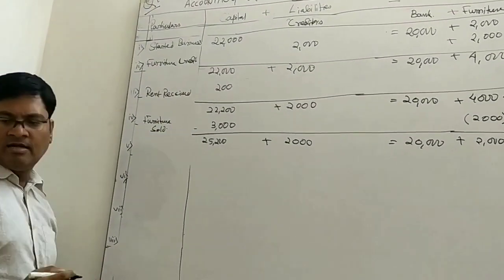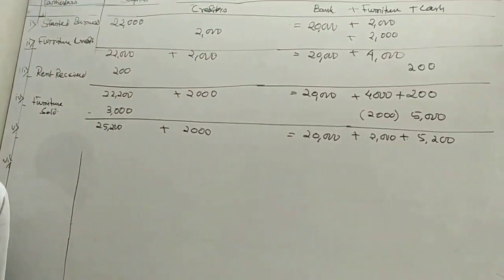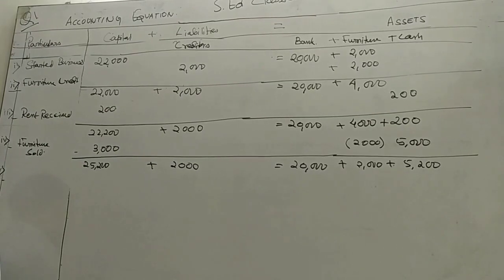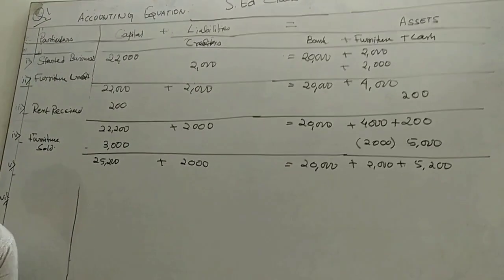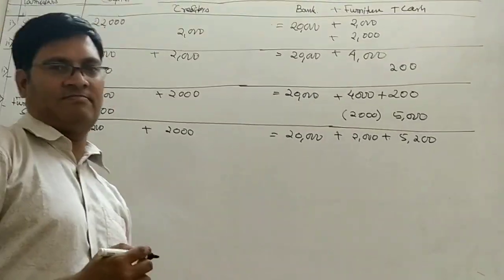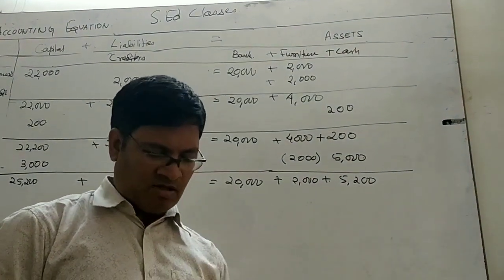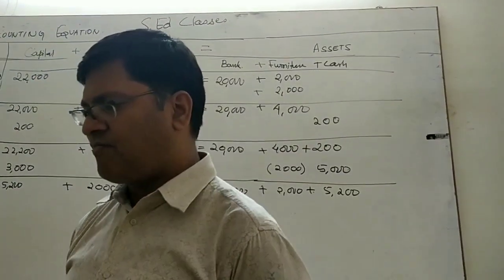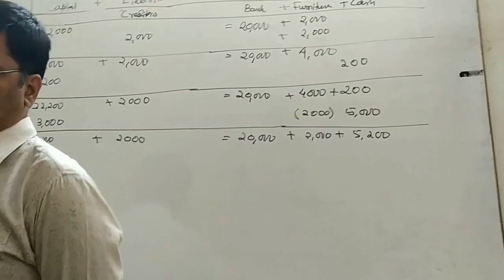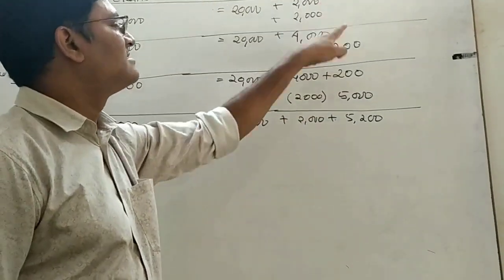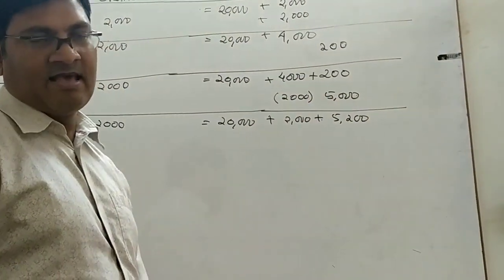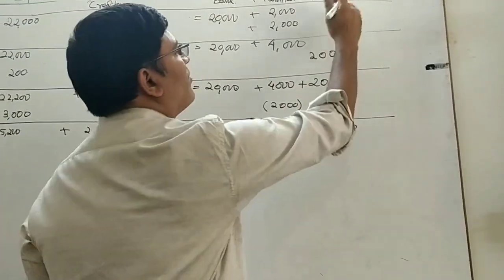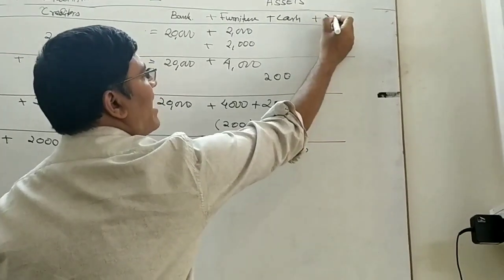Now we will be doing number 5. Received from debtor Ram rupees 4,800 in full settlement. Now when it comes to debtor, acha. See students, I have made a mistake. In the 4th number I made a mistake. If you see the sum, it is written that you have sold the furniture on credit. I have made it in cash. So there is a mistake. Because of this mistake, I will not get marks for this point. But it's a very silly, very minor mistake.